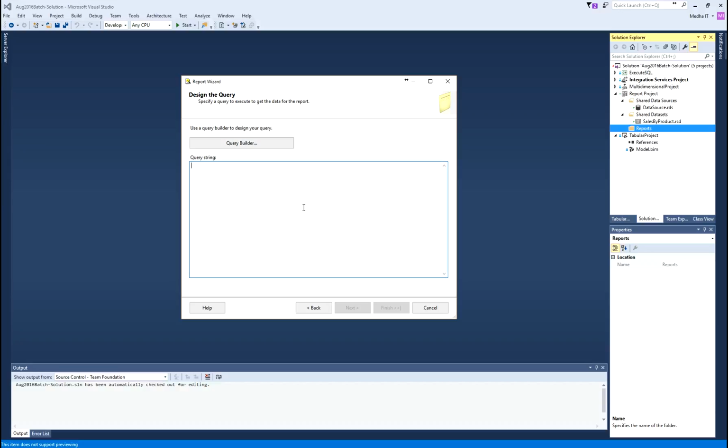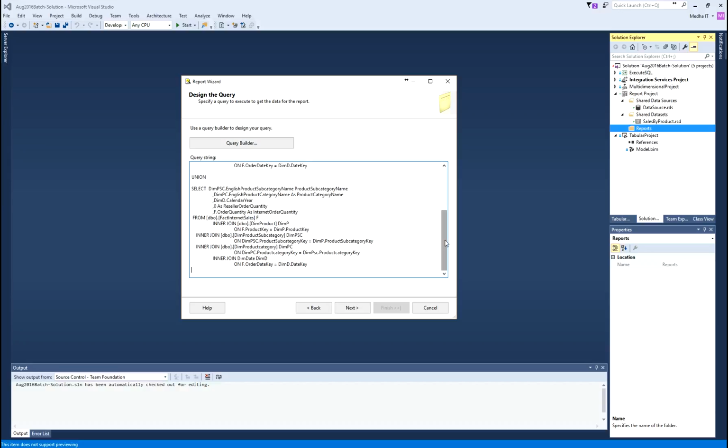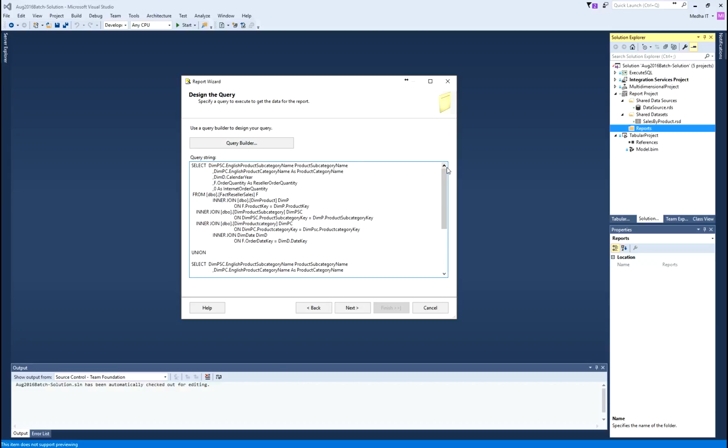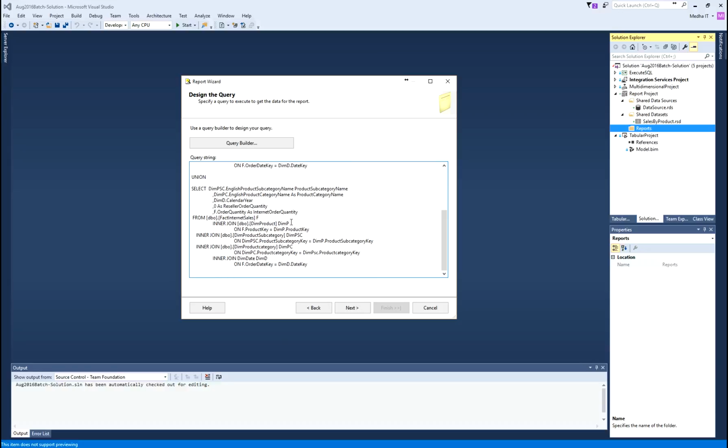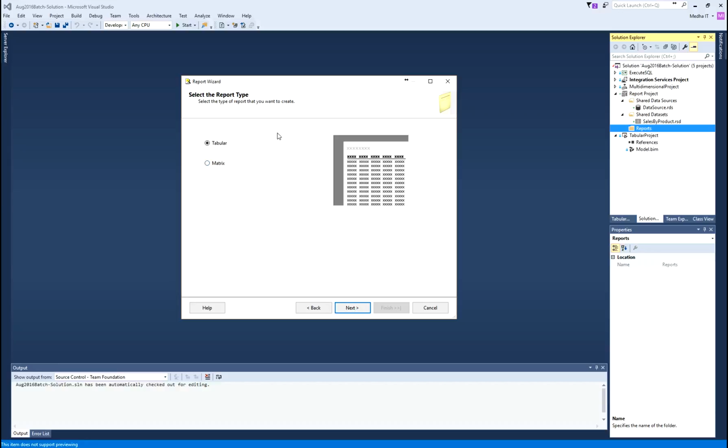I will use the same query that I used to create the data set. When I am using the query here, I am not actually utilizing the shared data set. Here I am using the local query, or I am creating a data set local to this report. Next I will click next, then it will ask for the report type.